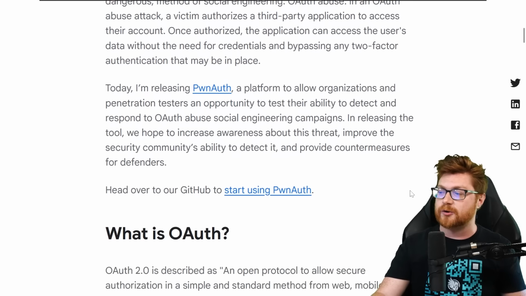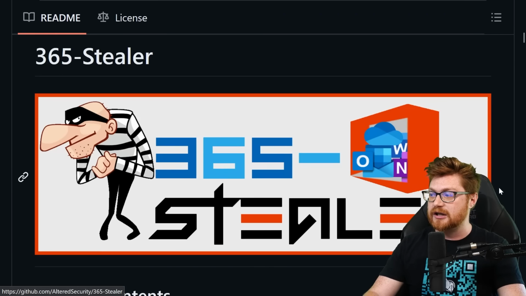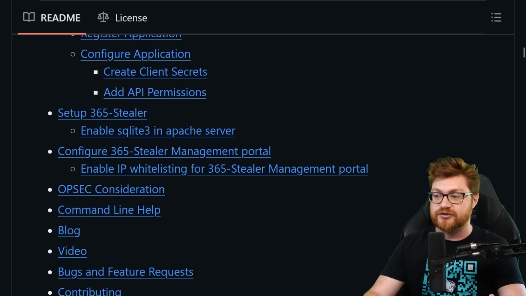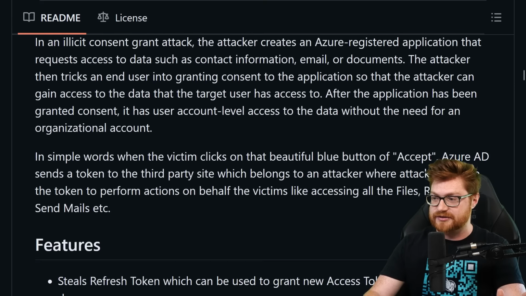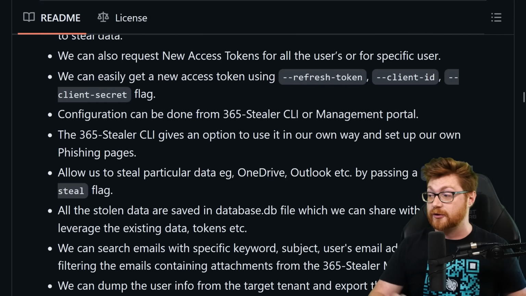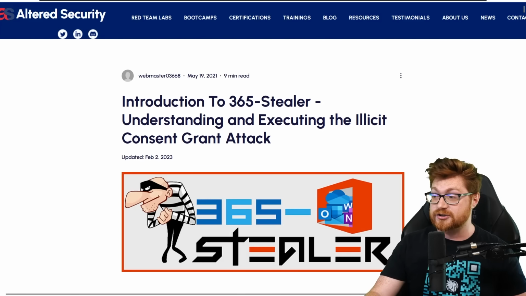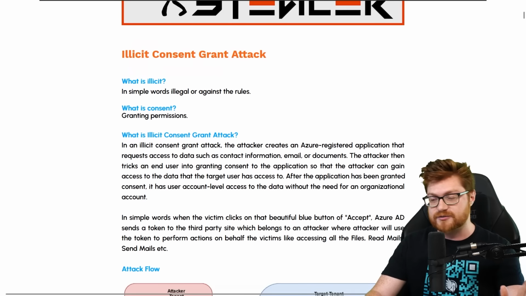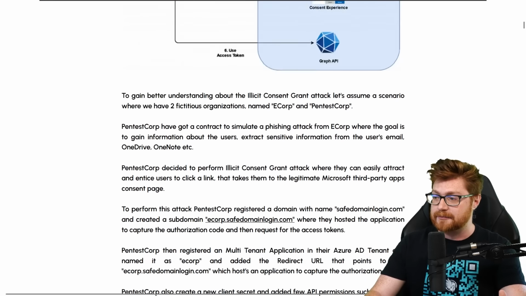They also link MDSec and their blog post introducing the Office 365 attack toolkit. I'd be remiss not to mention them, so cool stuff there. Again, all included links in the video description. One that I think is especially cool to showcase, though, is actually a more fleshed out framework and toolkit for the 365 Stealer. This comes from our friends over at Altered Security. Very, very cool stuff. This gives a lot more capability to do some more post-exploitation here. That repository has a lot of sweet stuff, and some of the incredible folks over at Altered Security even have a full-blown blog post to showcase and walk through this entire technique. So please, pretty please, take a look at that, but we'll walk through it, demo it, and do it all